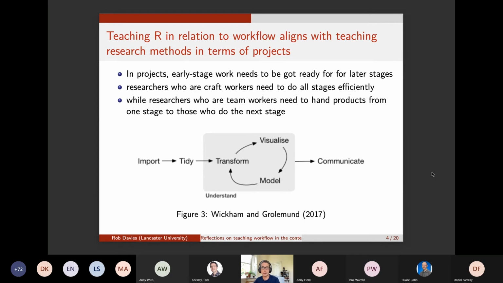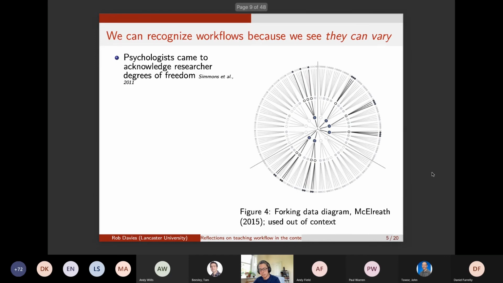So I'm thinking when I talk about these things, partly about the real life employed context in which our students exercise their skills. I would argue, though, I step back a little bit from those practical concerns and argue that we recognize that there are things that are workflows, objects or framing or narrative device, because we can see that they can vary. And I suppose we started thinking about this overtly,